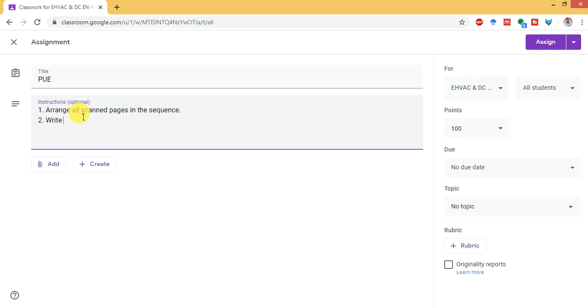Second, write question number on each answer. And third is, attempt questions as directed in the question.